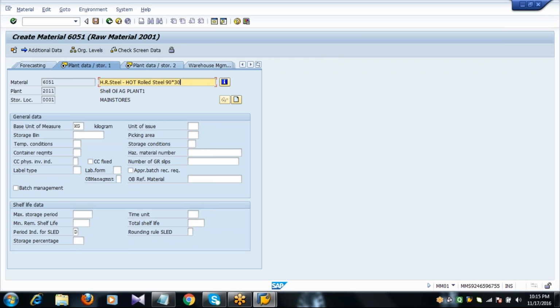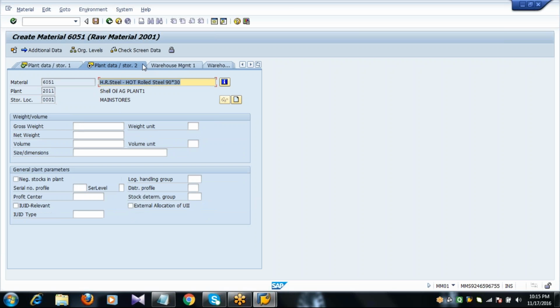And in general plant and storage 1, whether you maintain any data in this view or not, we need to select this view because you need to show the material even at the plant and storage location level. That's the reason whether you maintain any information or not in storage 1 and storage 2, we need to select those views because we have to show the material at plant and storage location level. So I did not maintain any information, but still you need to select the views.